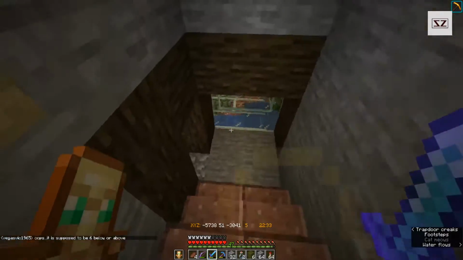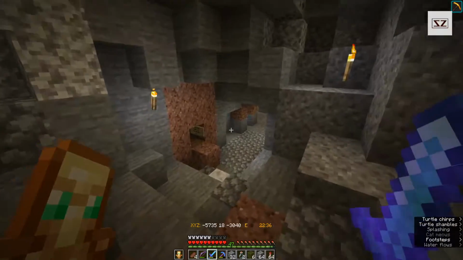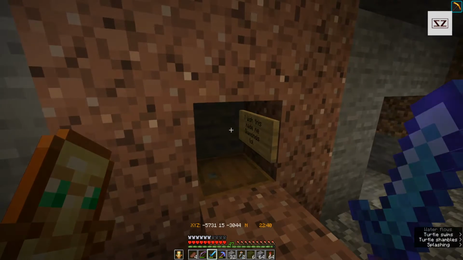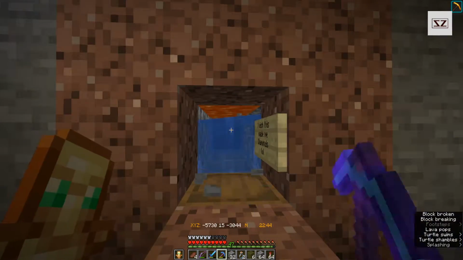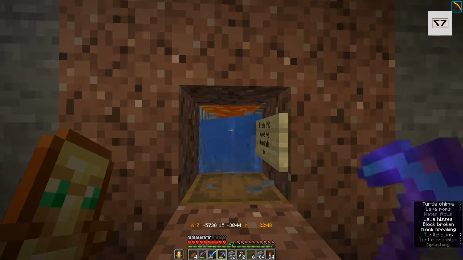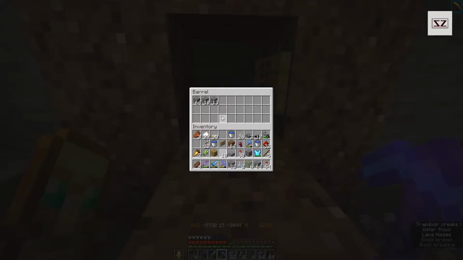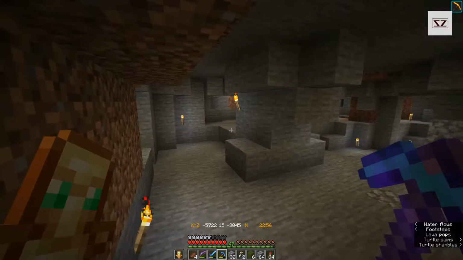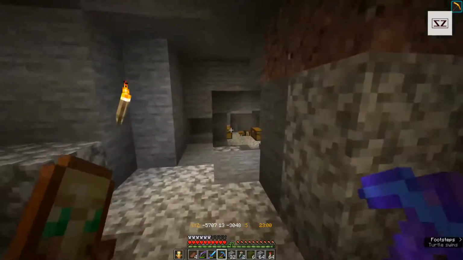And down in the mines I've got a pretty cool setup down here. So we've got the generator for stone. That's pretty simple. Everybody knows how this works. I've actually got a tutorial on how to build one of these things. Extremely simple and pretty effective. Okay, and further around here,